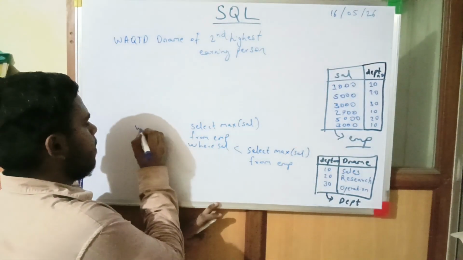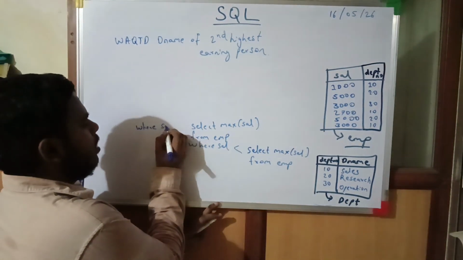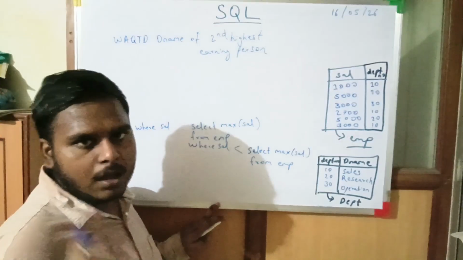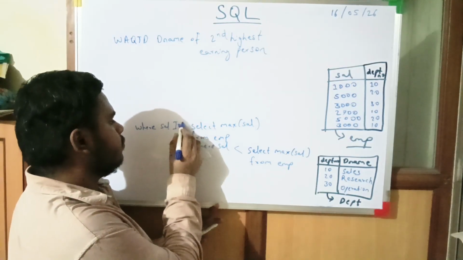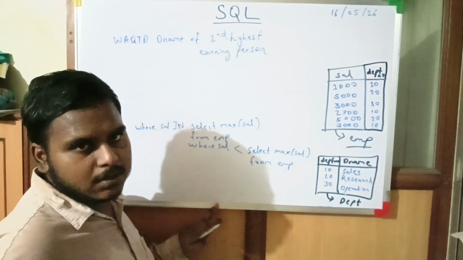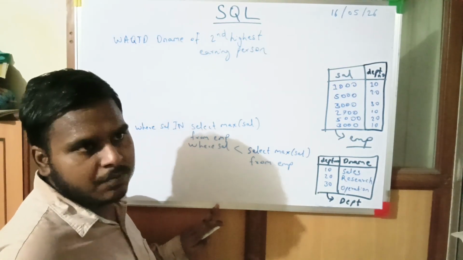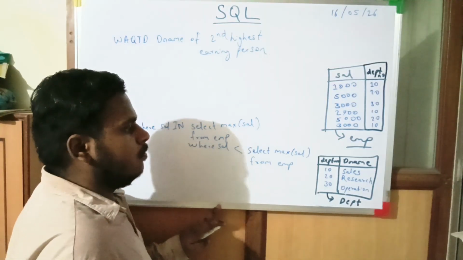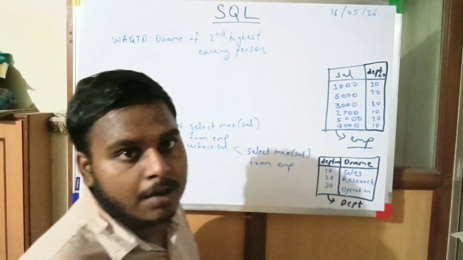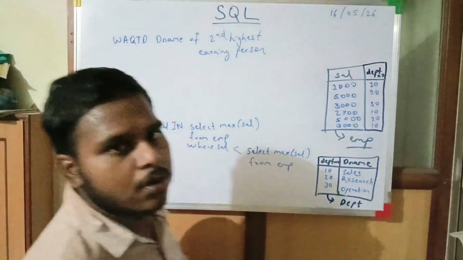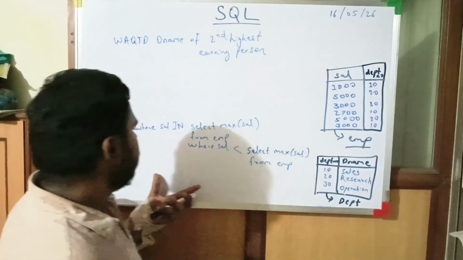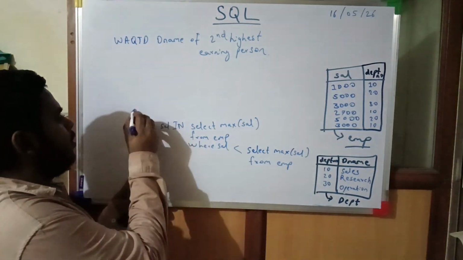So where sal, which operator I have told you, every time instead of equal, please use the IN operator. The IN operator is for safety because we can get multiple records, which we can't predict every time. We can't read every data. We just know data types, we just know column names. So where sal in, from EMP,